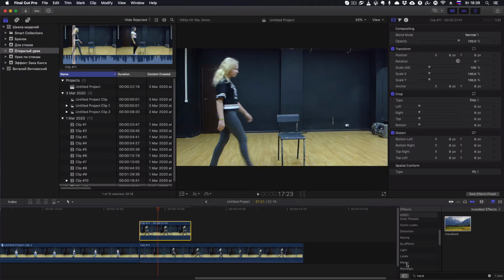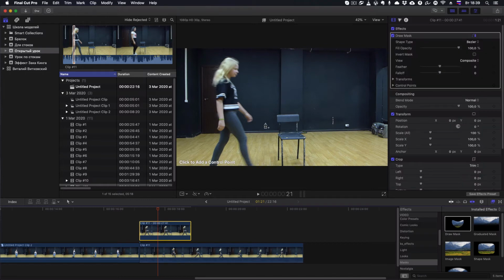So we need the draw mask effect. It is in the masks category. Look here, draw mask, and we need to put it on this clip. So we see this tool, and with this tool we need to draw all around this girl. I start, for example, from her hand. I click here, then here, then here,